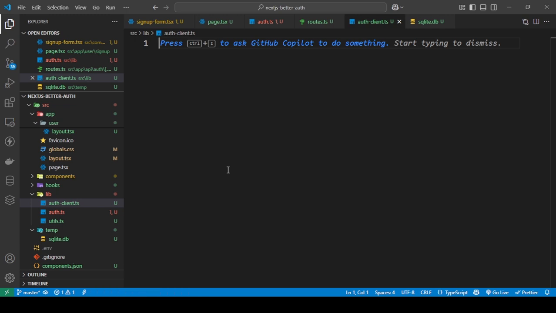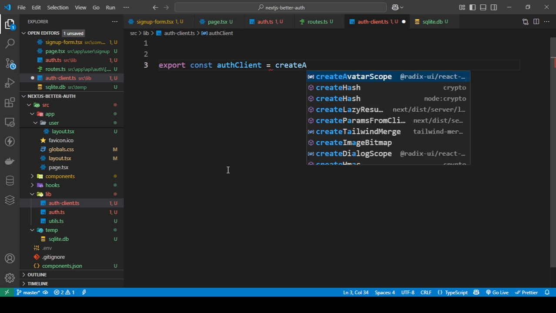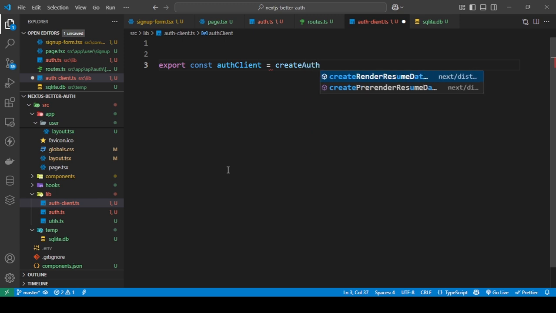Okay, so all you need to do is export const authClient is equal to createAuthClient, and then here you pass in